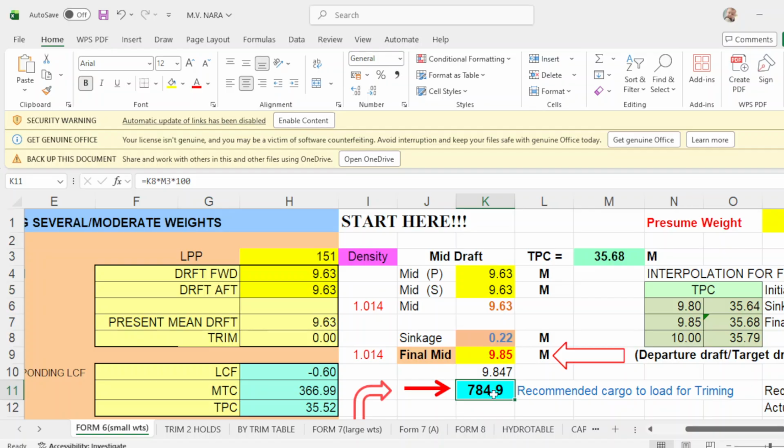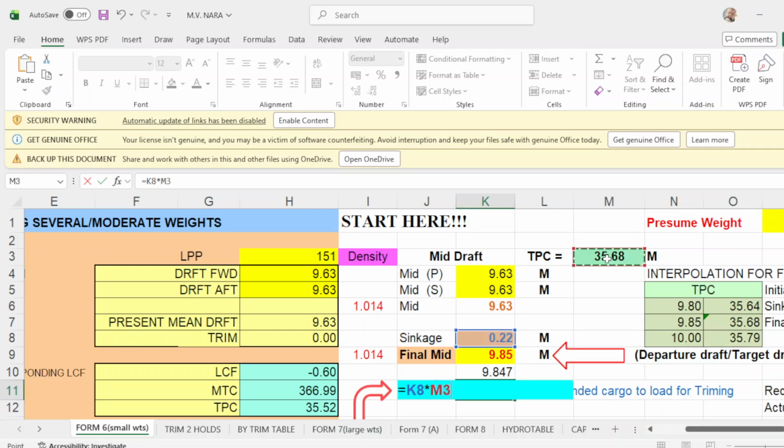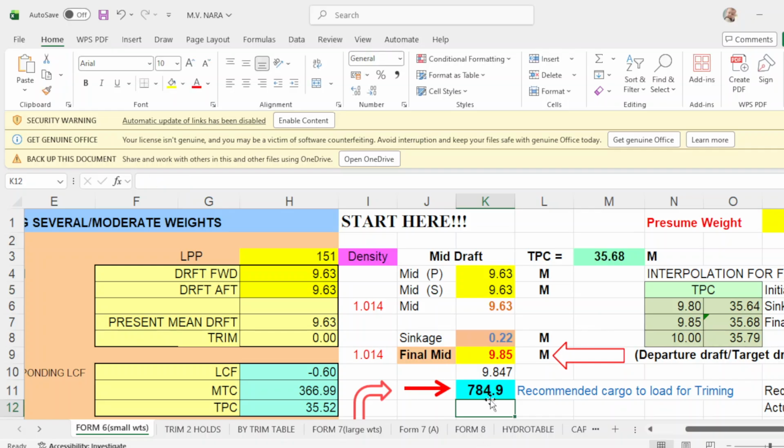So I do it again. Click this one. This is your sink gauge times your TPC times 100. Then this will be your remaining cargo to load of 784.9.